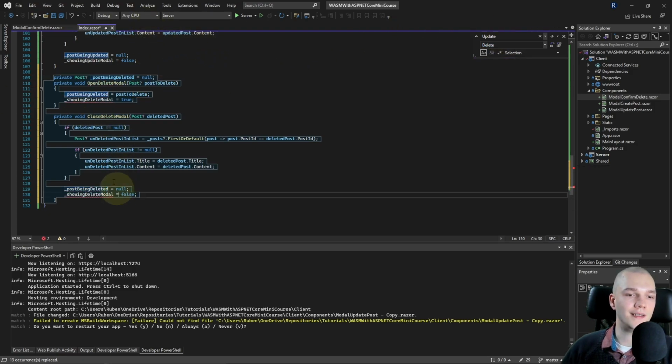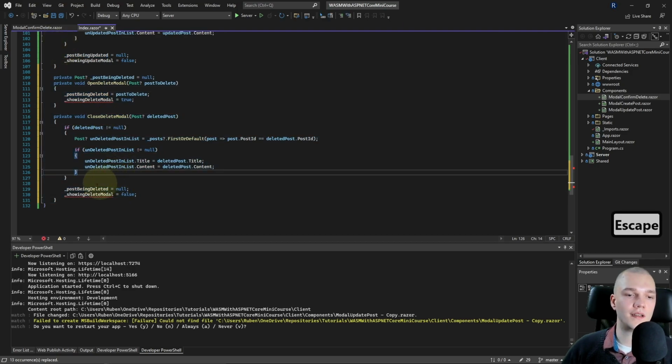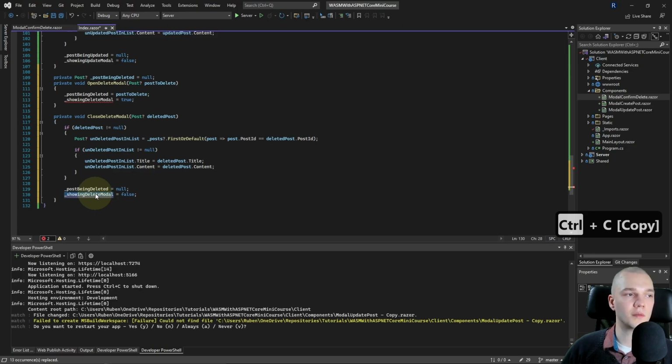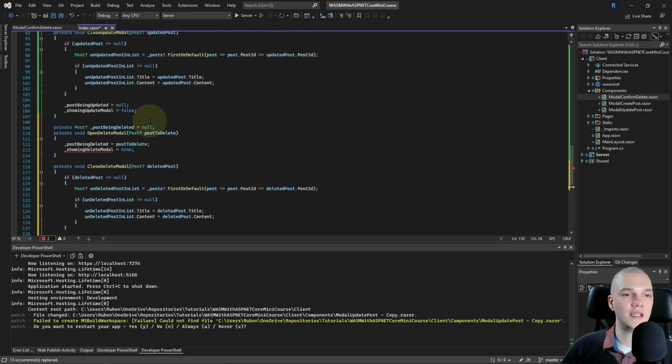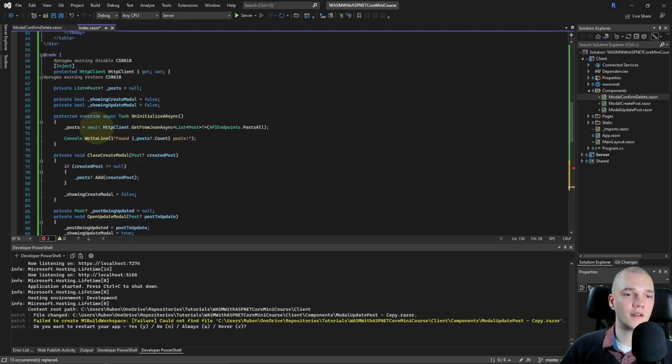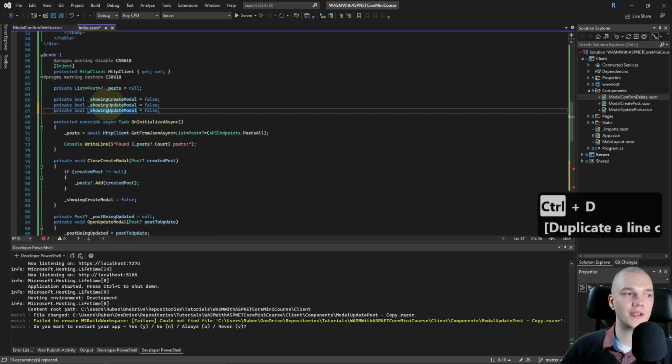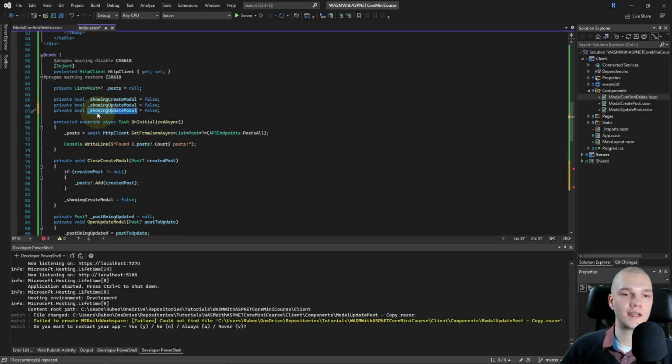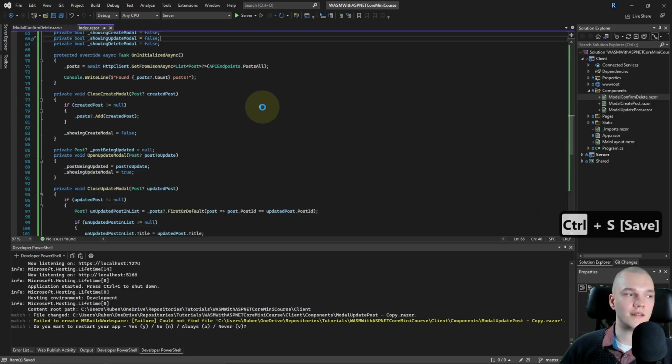And we will need to declare this showing delete modal boolean. So I'll copy the name, double click, Ctrl C, scroll up, and I'm gonna duplicate showing update modal, double click the name, paste. Alright, save that.